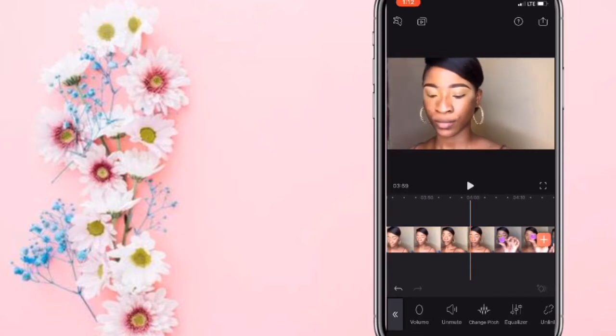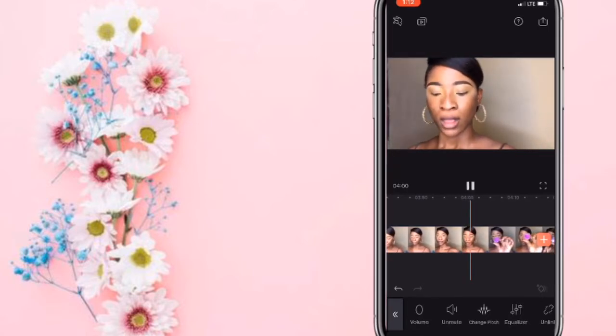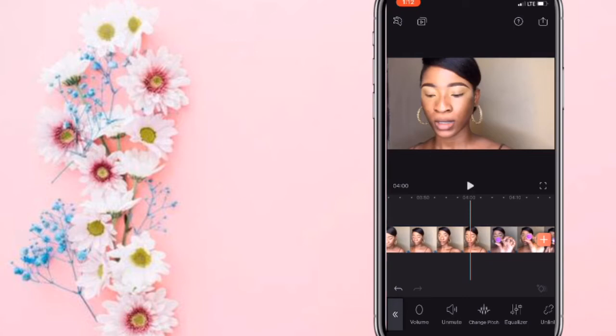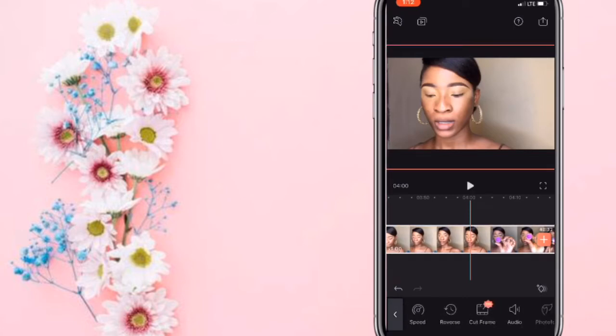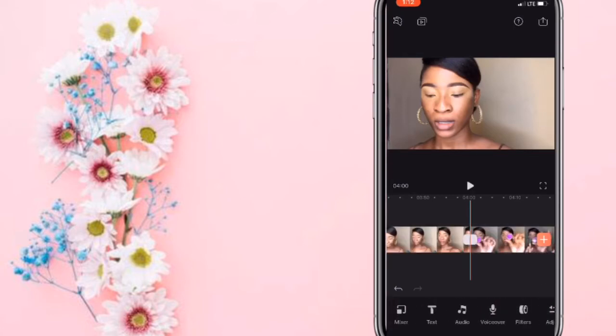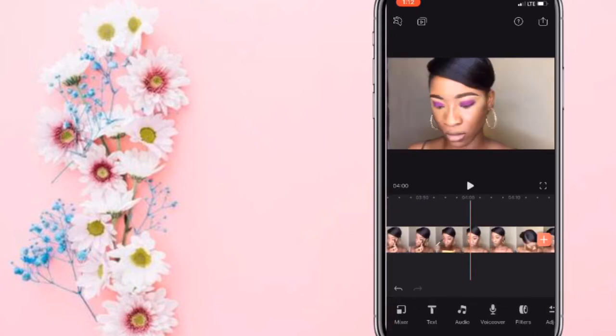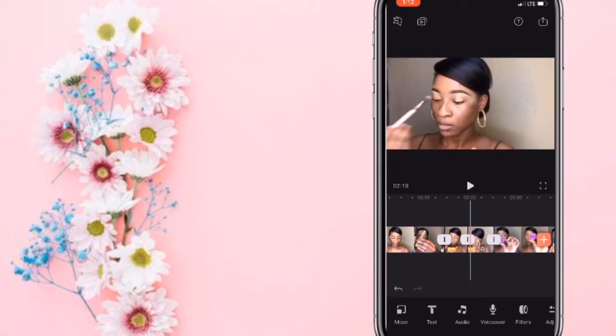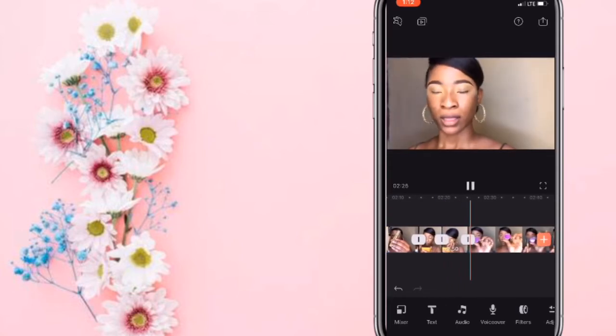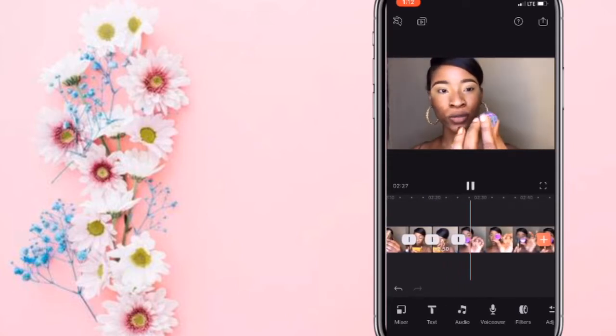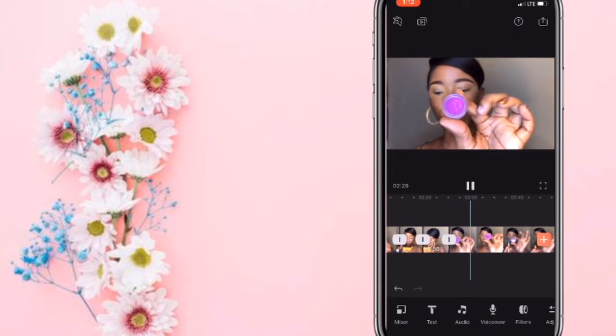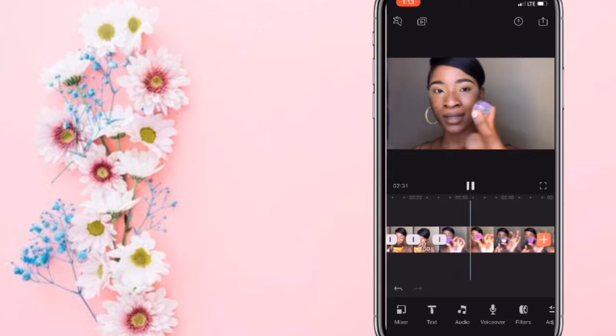Next, I'll cut from where I showed the product, so I'll just identify where that is and then put the timeline there, select split, and then cut it. Then delete the front, the clip that I'm not going to use, and just move it to where I stopped showing the product, which is about